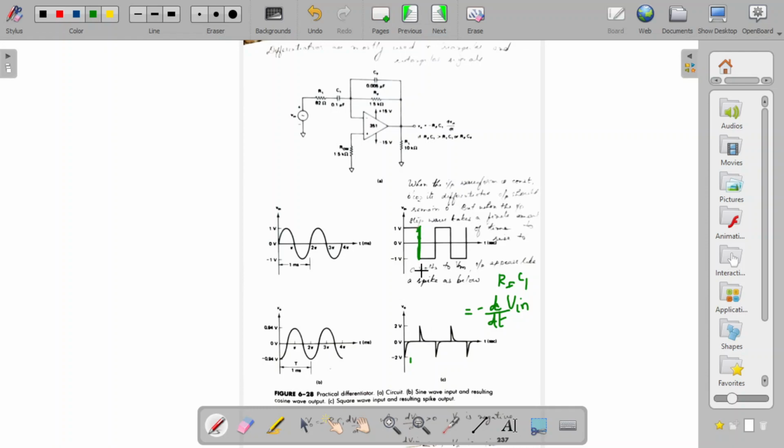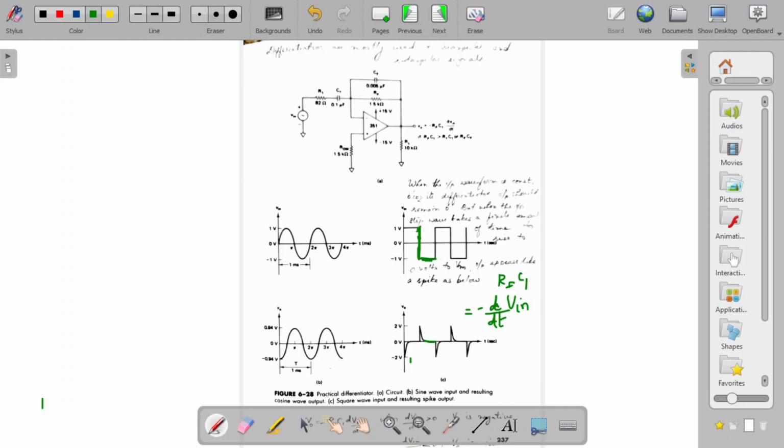Over this time it will pick up to a maximum, and then after that there is no variation, right? So you should not get any output. It will slowly reduce and then remain 0 as such for this period. So for this period you will not be having any output.